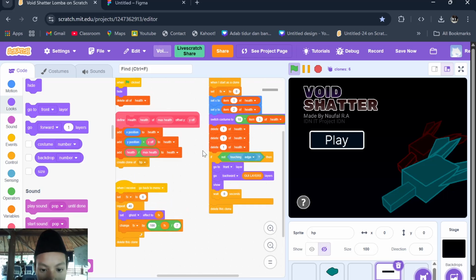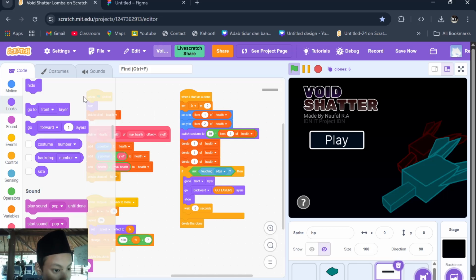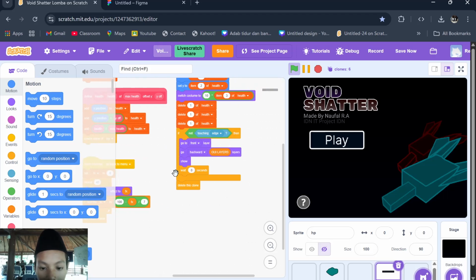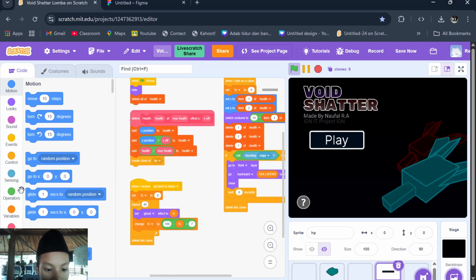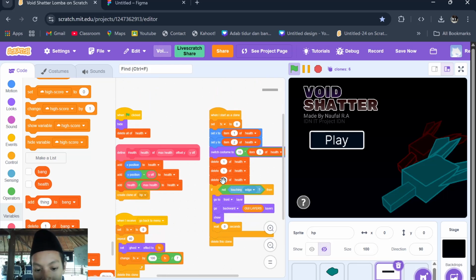So how does it work? It will detect the position of anything, like the player, and it will forever get the top of the player or asteroid. This uses a list variable to detect it.